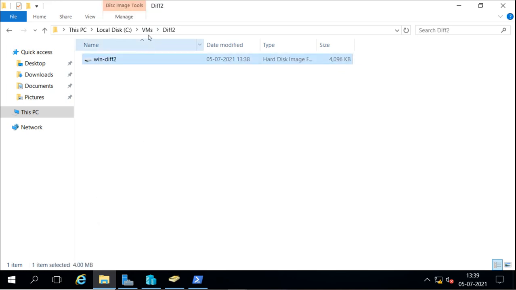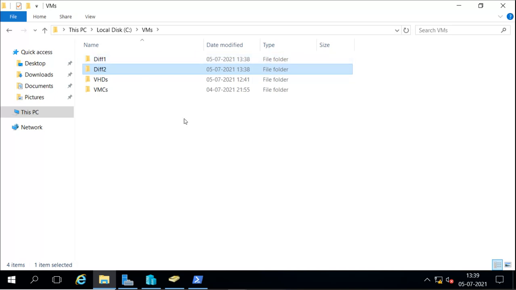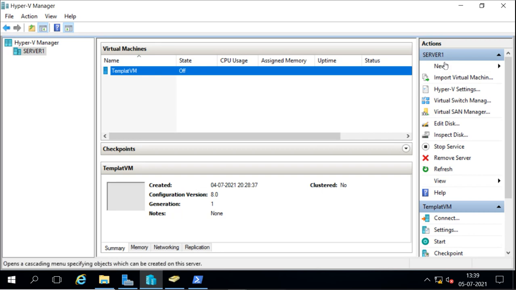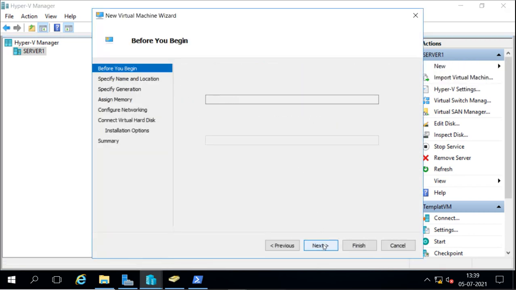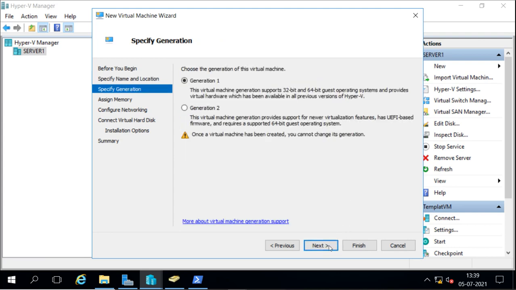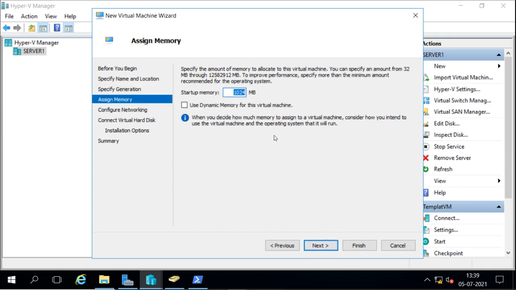Now we can use this disk to create a new virtual machine, either from PowerShell or from Hyper-V Manager. So I'll create a new virtual machine, which will be my diff VM1. Whatever generation 1 or 2, I'm mentioning 512 byte.